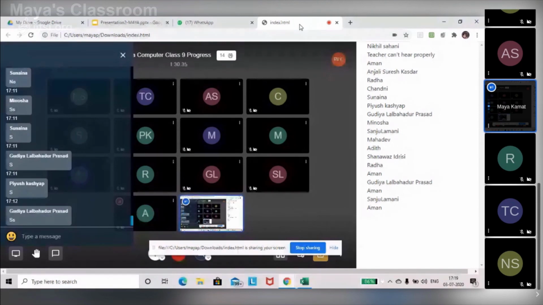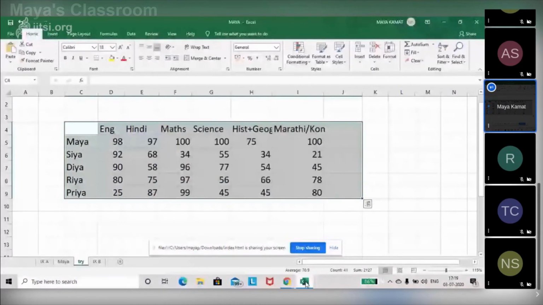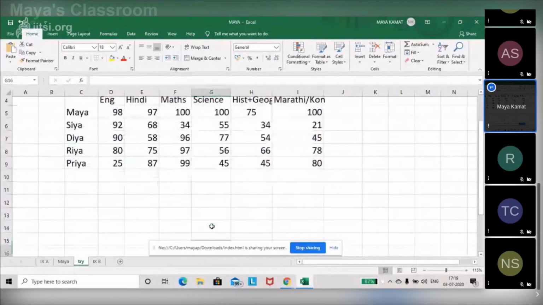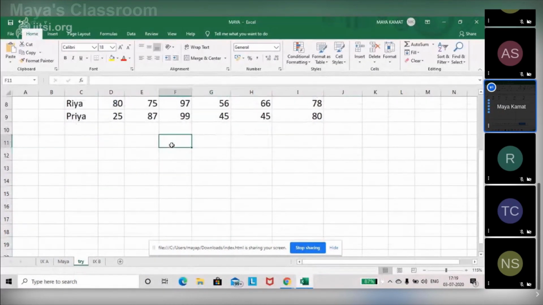Before I wind up today's session, I'll just show you another interesting feature that Excel gives you. See, when we say autofill, it is not only the formulas that are being autofilled, but there is an important help given to us.